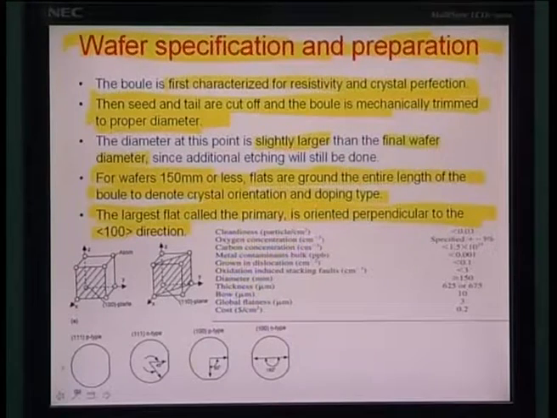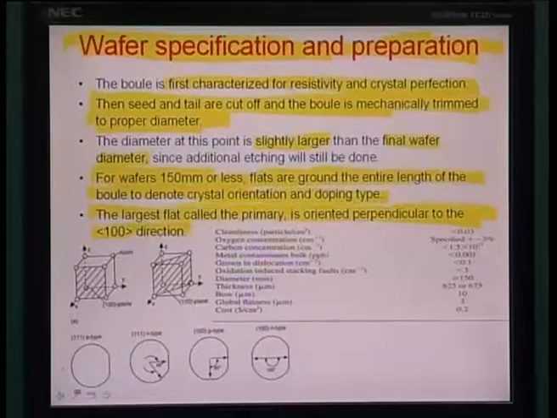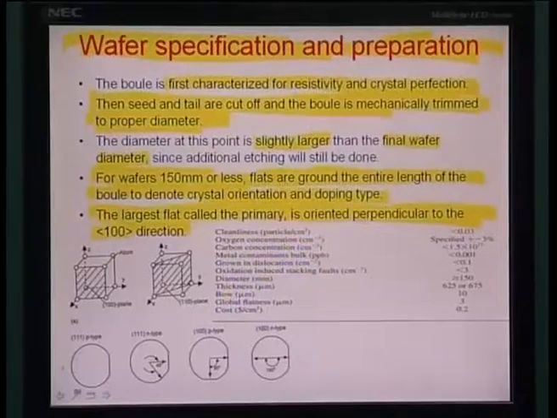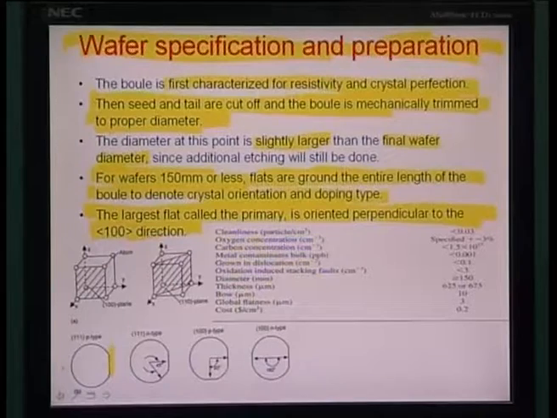So, any silicon crystal is denoted by this flat, the largest flat on the side which is perpendicular to the direction of the 100 crystal, and this can be evaluated by lattice diffraction methods at the very beginning. This is a kind of industry standard that they put for you to figure out what the direction of a certain crystal would be, if you know what is the perpendicular direction to the 100 direction or 100 plane. Okay. So, you can see here this is really the top view of such a wafer, and